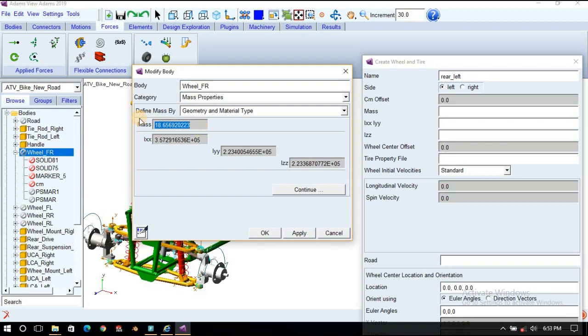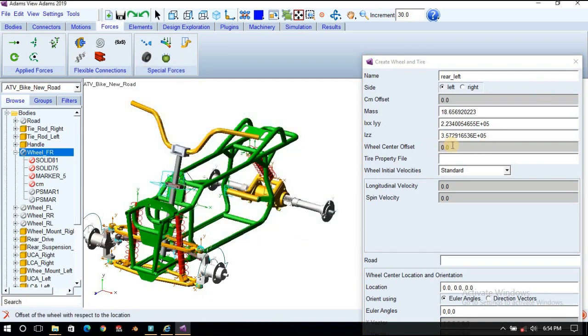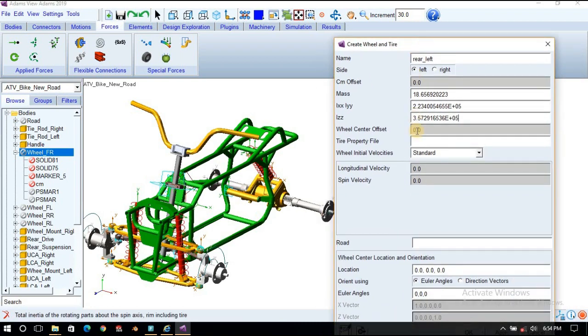I will keep the mass as it is, Control C. Here there is Ixx Iyy, these values are the same, so keep this, and Izz will be this one. Remember, the axis system for the tire and global is different, so that's why I selected this. Wheel center offset doesn't matter, no need to define anything.